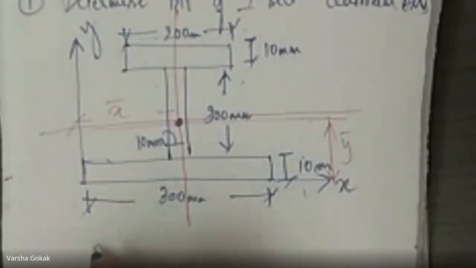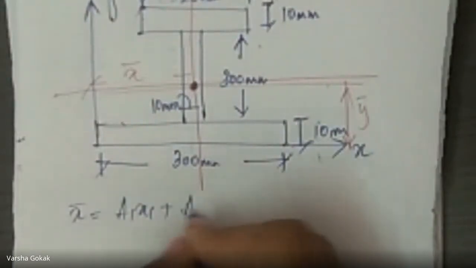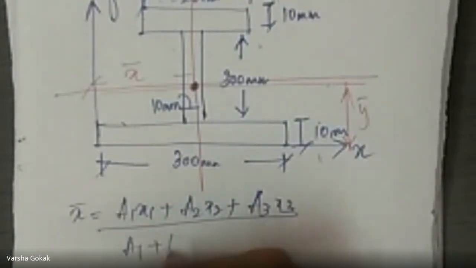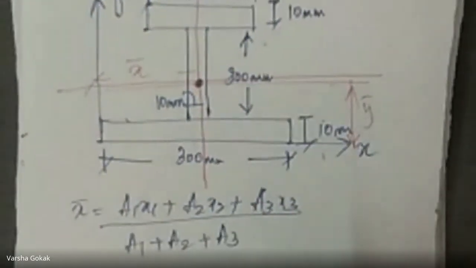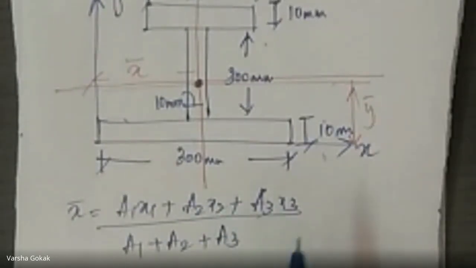To find the CG, I know that the formula is X bar equal to A1x1 plus A2x2 plus A3x3 divided by A1 plus A2 plus A3. And similarly, we will replace all the x1, x2, x3 by y1, y2, y3 to get the y bar. Am I right? Now, for this also, you will be putting up a table in case of centroidal examples, but there is a big change. The table would be a bit bigger with some more columns. So the table goes like this.